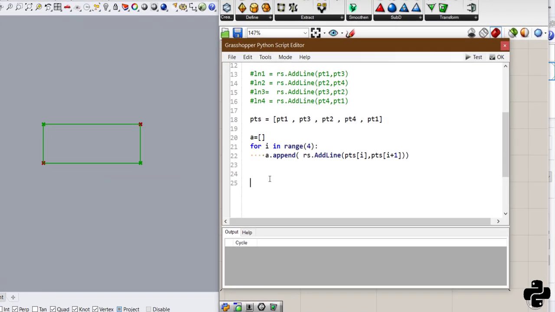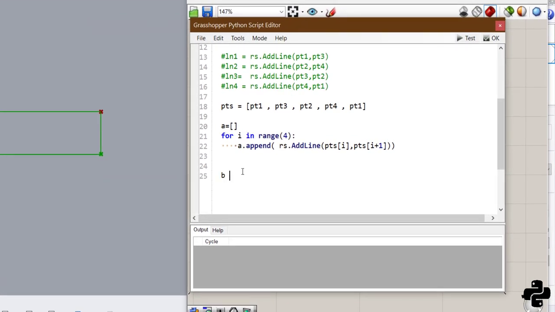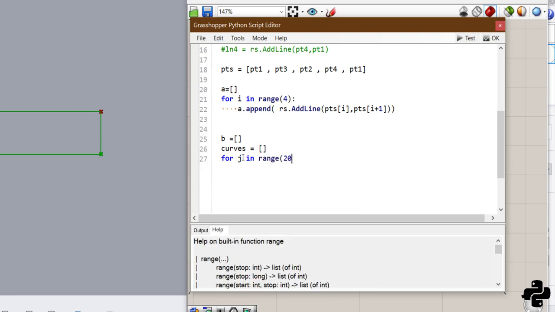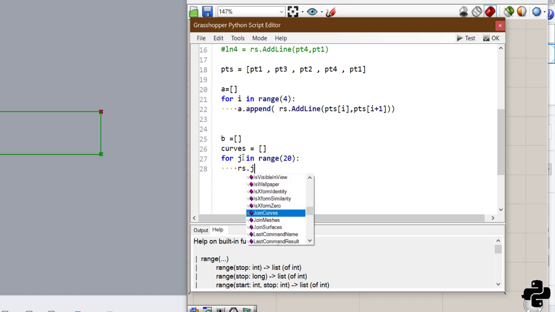So for this, first make an empty list called B. Then another empty list called curves. Now write a for loop, because here we used I, now I want to use j. For j in range like 20, first use rs.JoinCurves, because in this list of A we have